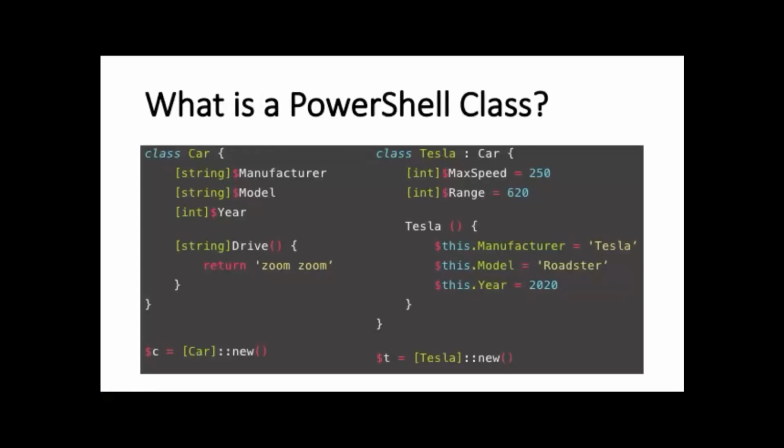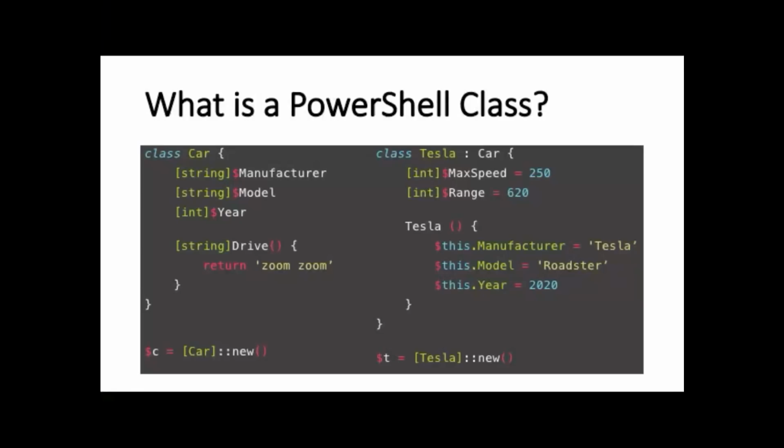So this is a very basic example of what a class is in PowerShell. On the left, you see the syntax for defining an object or a class and different properties associated with that object. In this case, we're defining what a car looks like in PowerShell and a couple of basic properties about that. Any car will have a manufacturer, a model, a year, and some type of actions that you can do on that. In this case, it's very, very basic. There's one action called drive. At the bottom is how you instantiate that new class